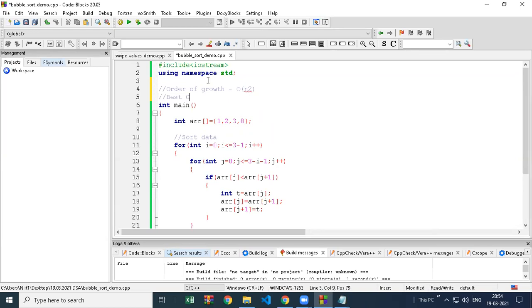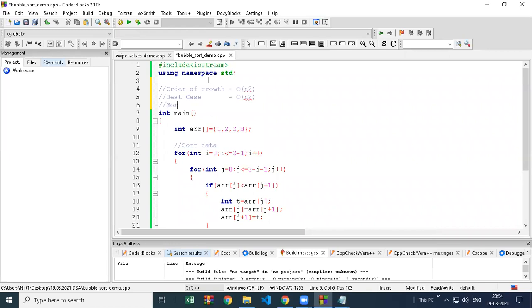The best case in this program, we have only one best case, and that is the same quadratic, and the worst case is also the same. So there is no option where it will take less time if you change the data; it will take the same time. If you have less data, also quadratic. If you have more data, also quadratic. If you have a sorted list, also quadratic. Unsorted list, also quadratic. If your array is already sorted, it still takes the same comparisons.